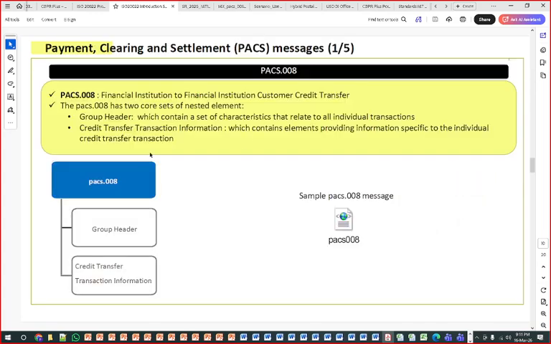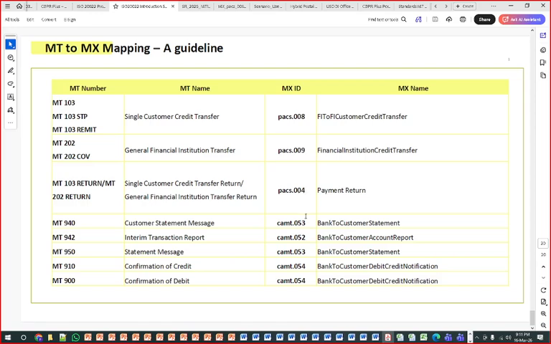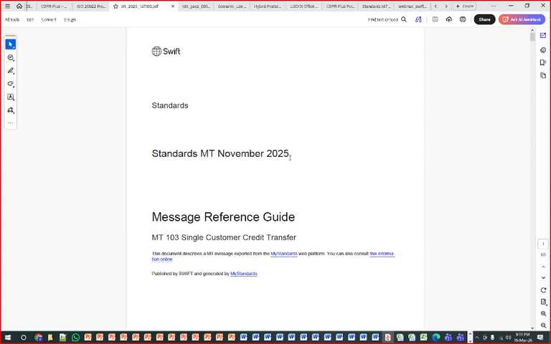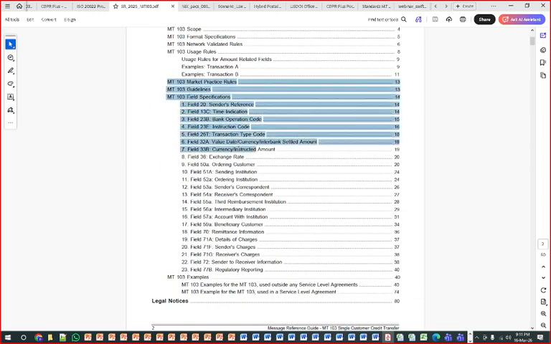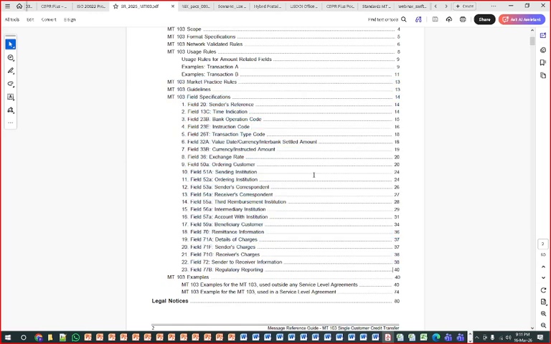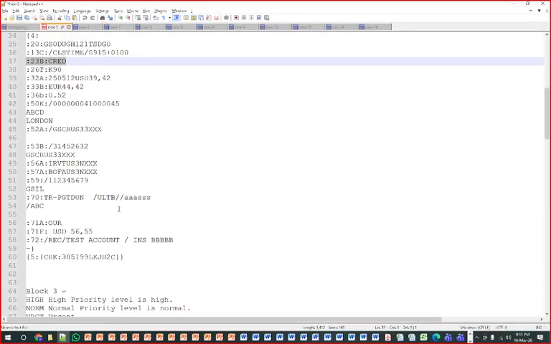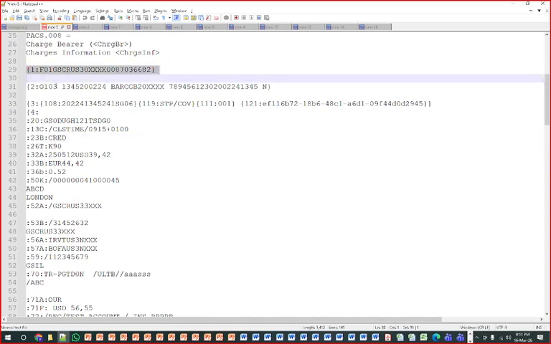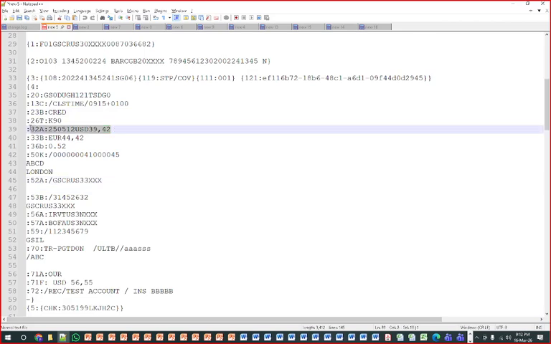Then how exactly each message looks like, we have hundreds of examples for this that we are going to learn, the messaging of this application. When we are learning MT messages, I am going to walk you through all the fields of these MT messages and how they look. For example, if I want to discuss in a nutshell, this is an MT103 message. The message starts from here, and I will discuss from here till the end. Each and every line has a significance, for example this is 32A. What is meant by 32A?